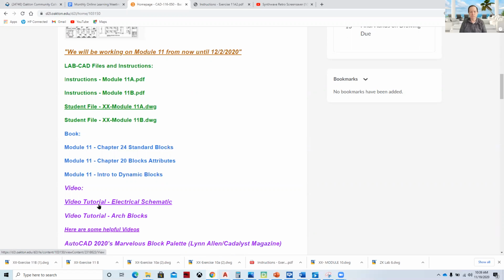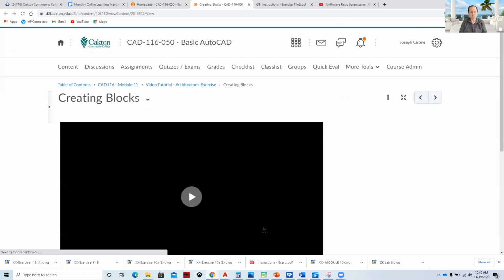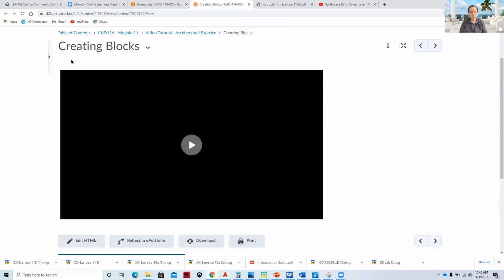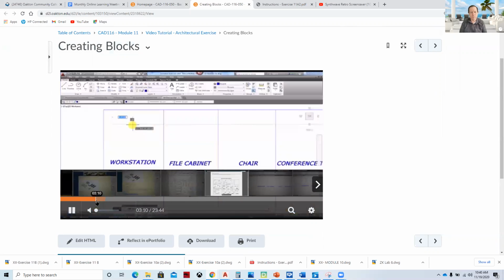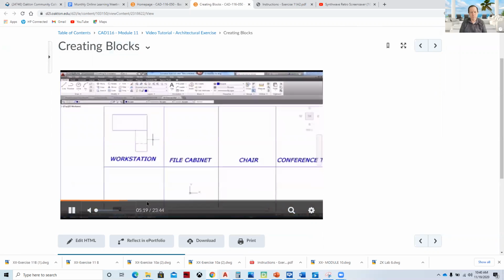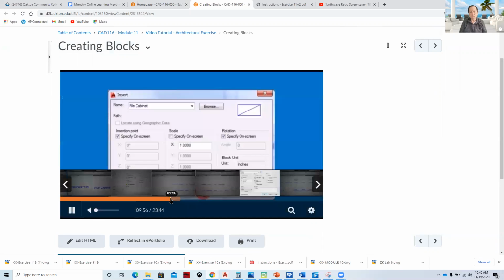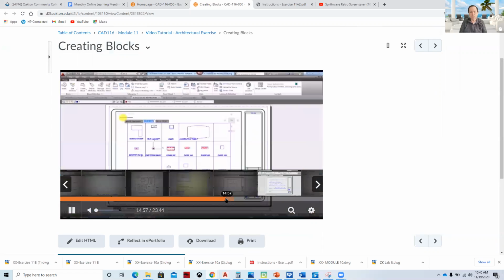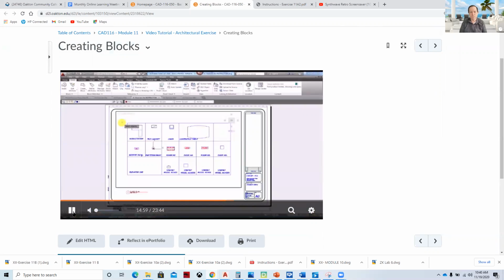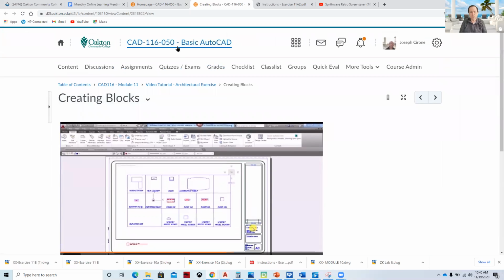So we have two videos. They're a little bit dated on the architectural, but it's a good video, and I believe it still works quite well for us. And so if you click on the architectural exercise, it'll map over to D2L and then walk you through how to create these different blocks. And so that's the first video in the first exercise. If we come back to the main splash page,